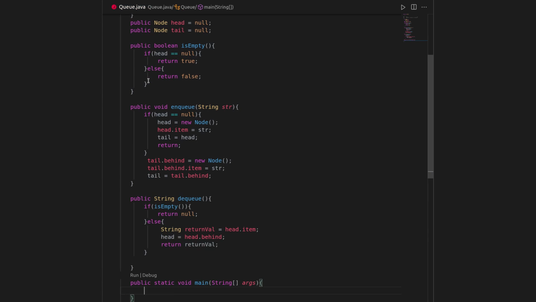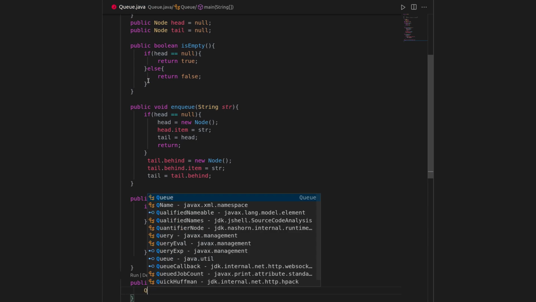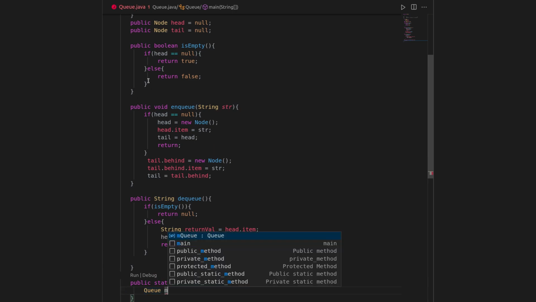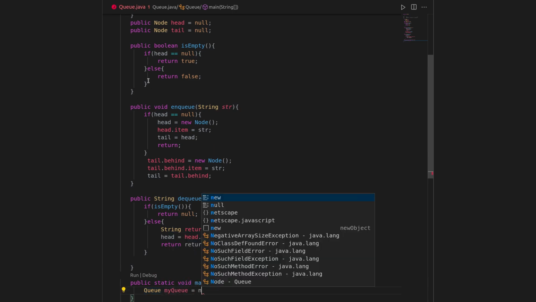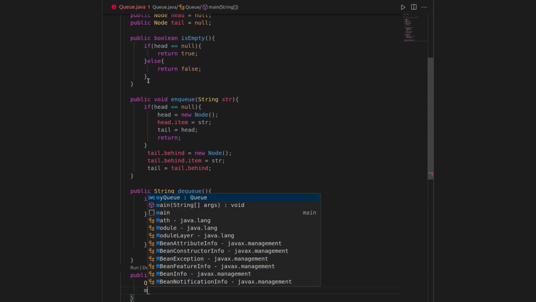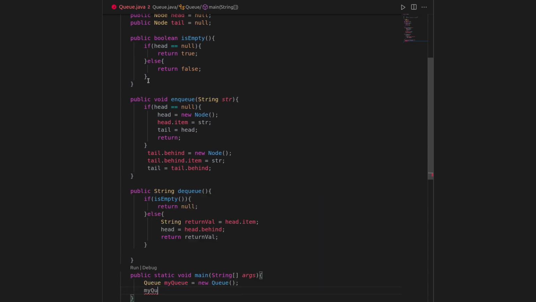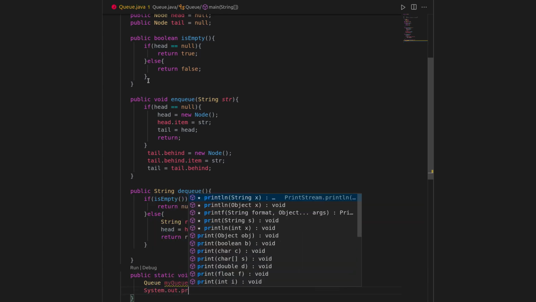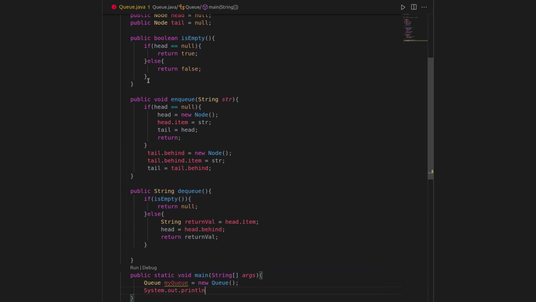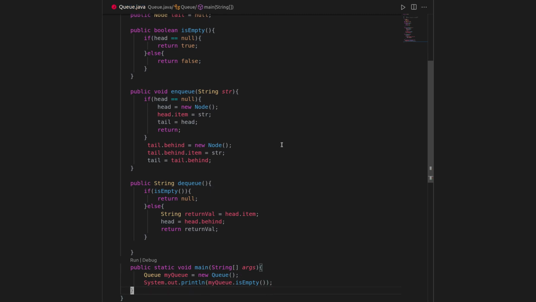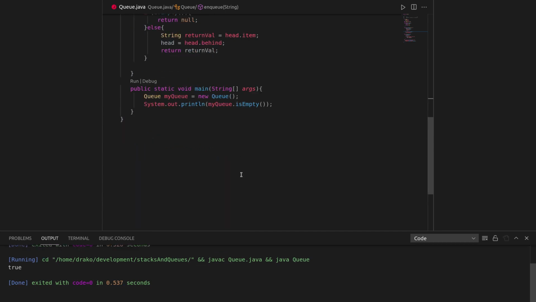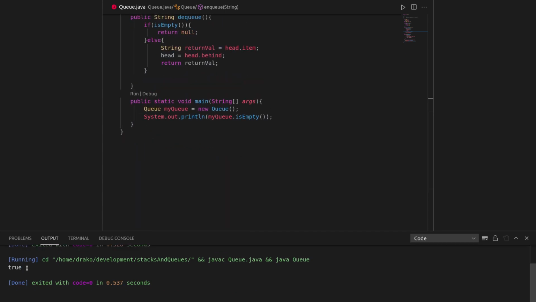Let's start by creating an instance of our queue class. Let's first see if the queue is empty or not. As we can see, it is printing out true, which is correct because currently the queue is empty.